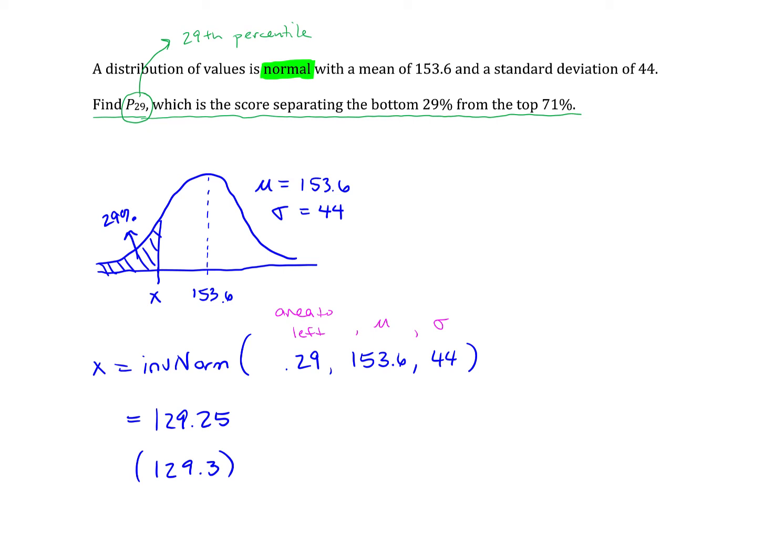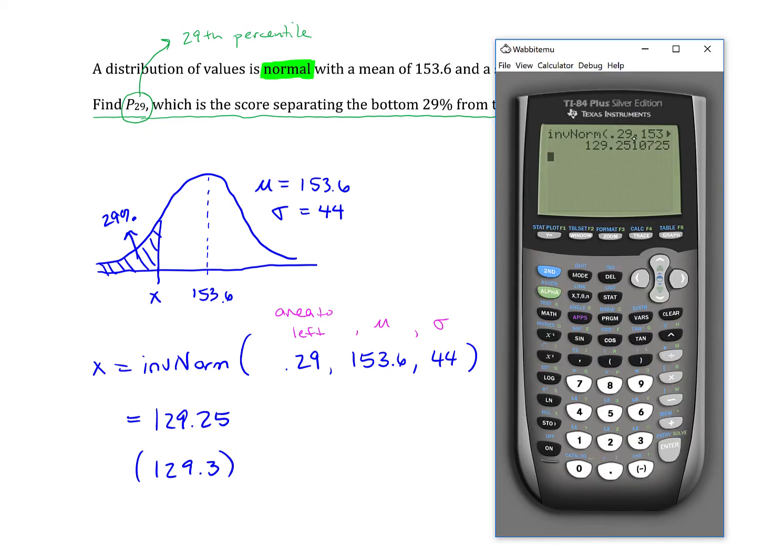Now, some of you, when you went to inverse norm, you may have seen a menu come up. And that occurs in some of the later model TI-84 calculators. And all that's doing is just simply trying to help you see what the input values are to a function rather than having you remember what they are. So the 3 inputs to inverse norm are area to the left. So you can just type in your area to the left,